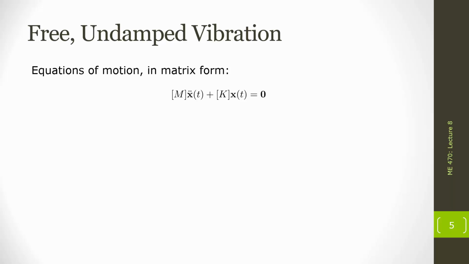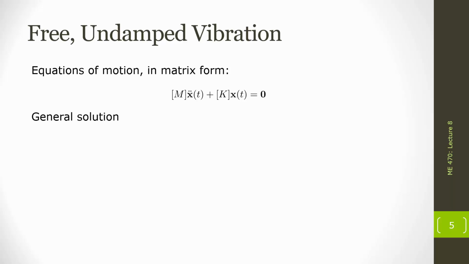However, now the stiffness matrix K and the mass matrix M are going to be more than 2 dimensions. They're going to be larger than 2 by 2. And then the 0 vector on the right-hand side will have as many zeros as we have degrees of freedom in our system. So when we have this as our matrix form equation of motion, we know that we are